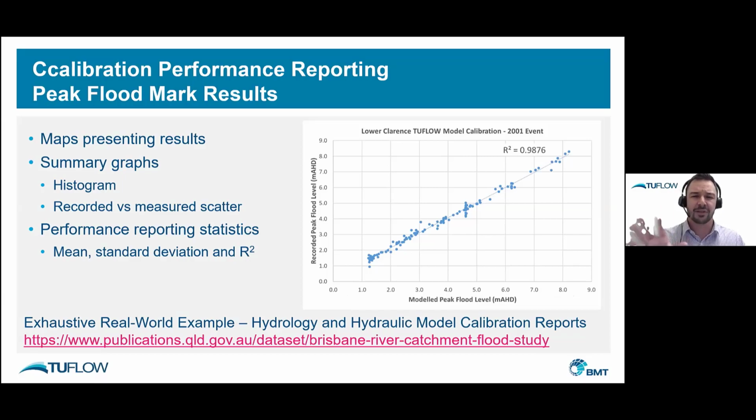For reporting, I find this one a little bit more difficult to interpret, or I find non-modelers do. During the model development and tuning phase, I do find it useful because sometimes what you'll see is segments of your model where there's just a consistent offset. You might find for a 1 kilometre reach, the levels are all consistently too low. And this sort of mapping here presents that really nicely. So it's nice for tuning or identifying issue areas in your model like that.